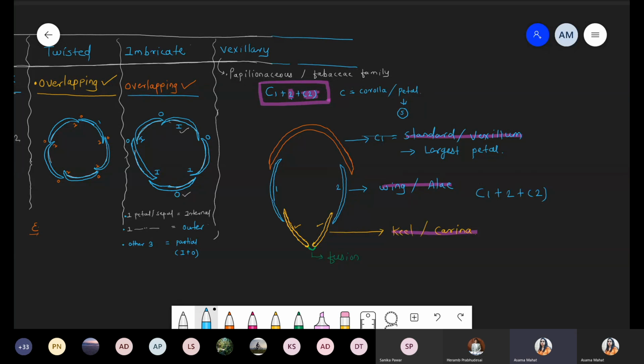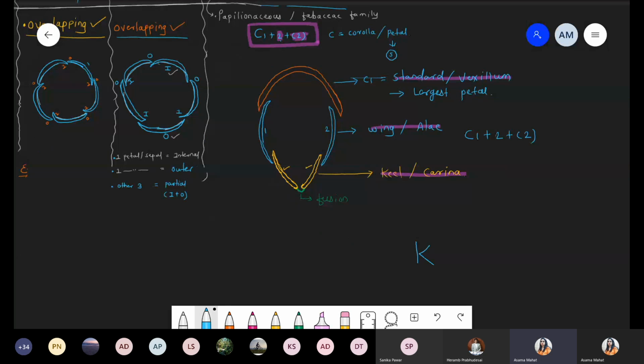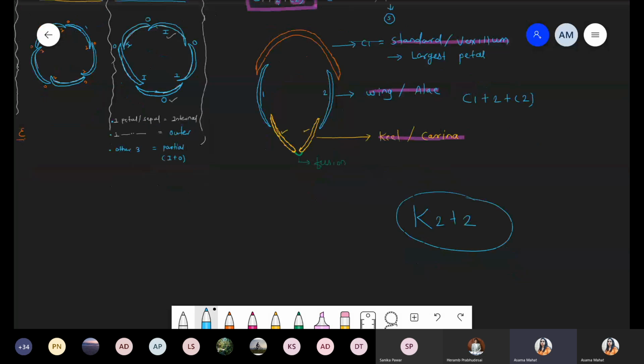If simply numbers are written, it represents the sepals. If it is sepal, we will represent it as K 2 plus 2. It represents the calyx, and the corolla is C. If you are talking about androecium, it is simply represented by A, for example 1 plus 9. So androecium 1 plus 9 means it is present in 2 sets, but it is not showing fusion. If it is gynoecium, for example G3 means 3 gynoecium are present. On the basis of that, we will see further.